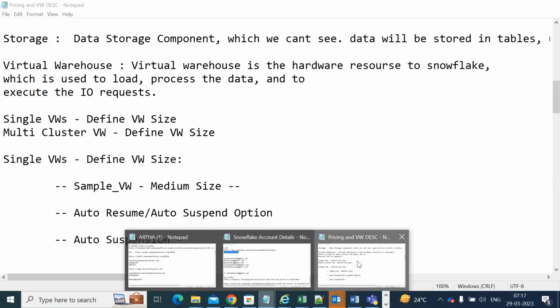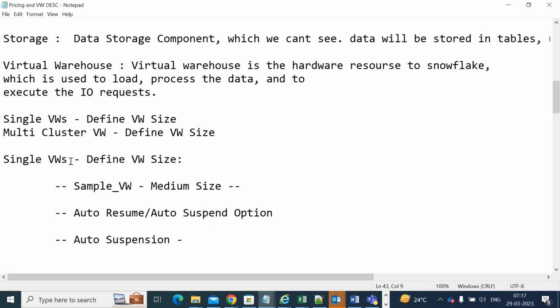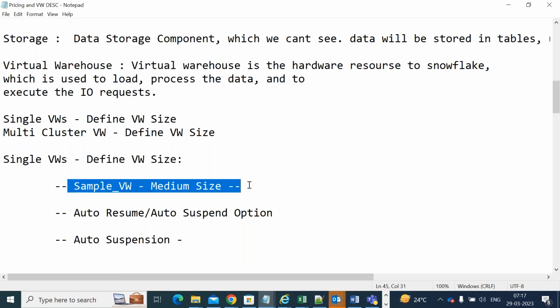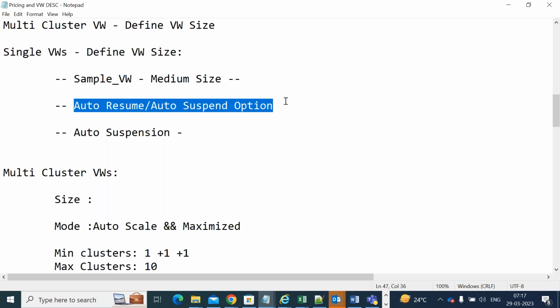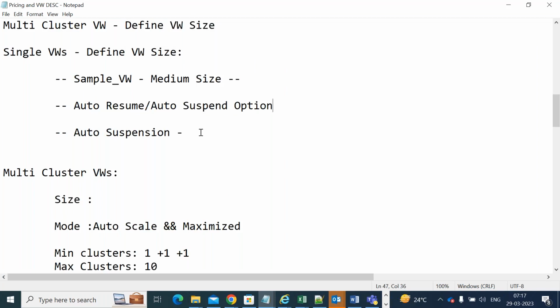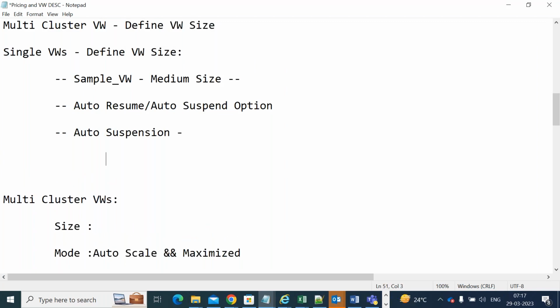That is what I am trying to explain to you. While creating a virtual warehouse, you will define a virtual warehouse size, and apart from this, you will be able to select the options as I mentioned yesterday: auto resume and auto suspension. If you select the auto suspension option, it will ask you for the time here. If you give 10 minutes,